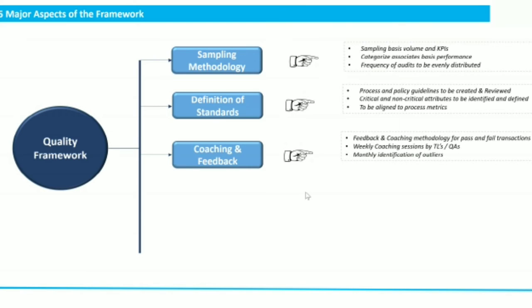And then there is monthly identification of outliers. Outliers in the sense, people who underperform, right? There is a quartile management system to do this, which again we'll be getting into and discussing in the next videos. The video is going to get lengthy, hence I'm not getting into details of that. But there is an approach to all of this, which if you follow my channel, if you subscribe, you would be seeing all those informations coming up here.